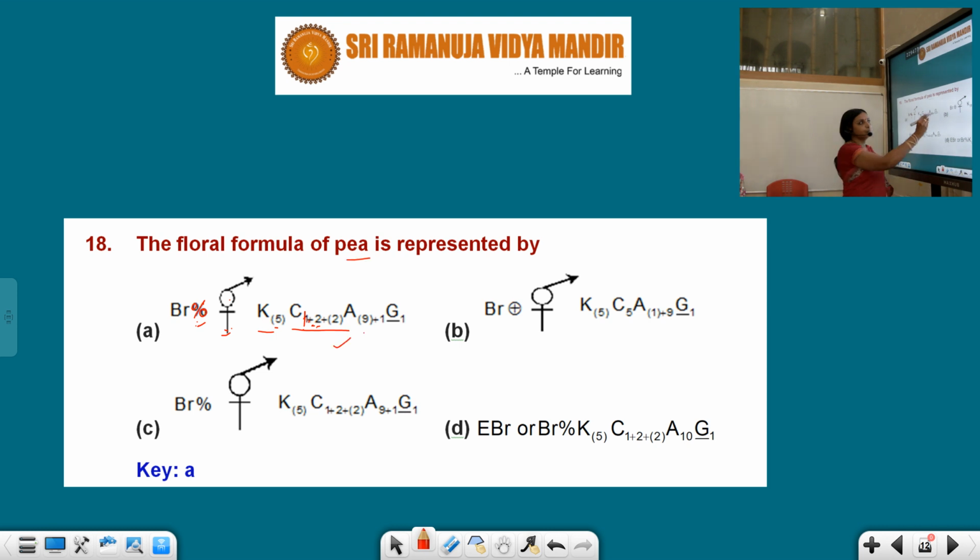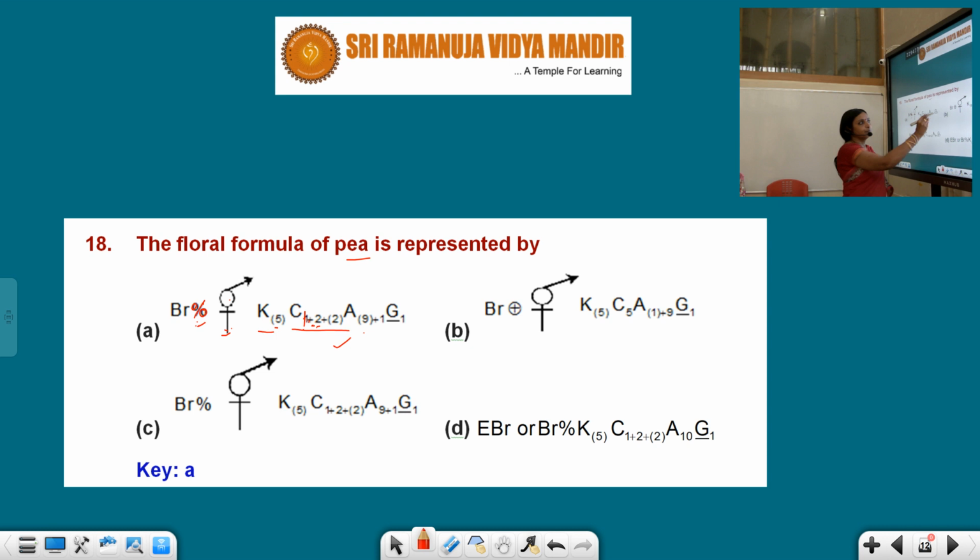And here when I put a line, that means the G position is superior. Actually in Fabaceae it is either perigynous or hypogynous. If it is hypogynous, that is, a superior ovary, then we put a line below the G to show the position of G as superior, and if it is perigynous, that means half superior, half inferior, we put a line in the middle. Here A is the correct answer.